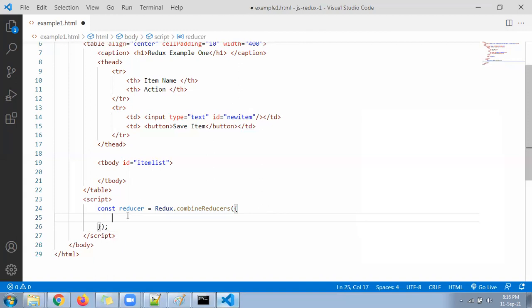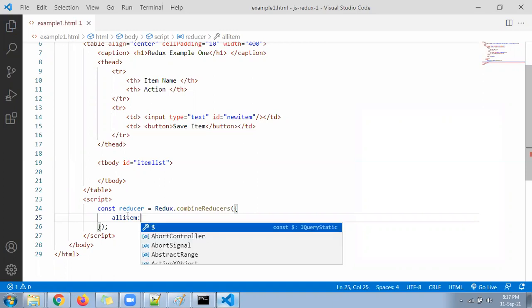After creating the reducer, you have to create one array where you are going to store the data. Like in React, we used to create one array, bookList, under the state to store the data. Similarly, we have to create one array here. Suppose I'll give it here as allItem, colon. The syntax is a little complicated part, but we can manage that. allItem. Okay, inside that